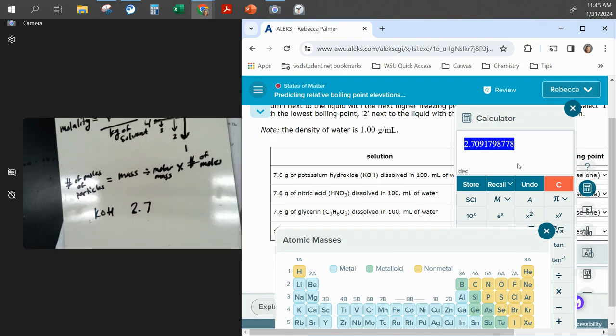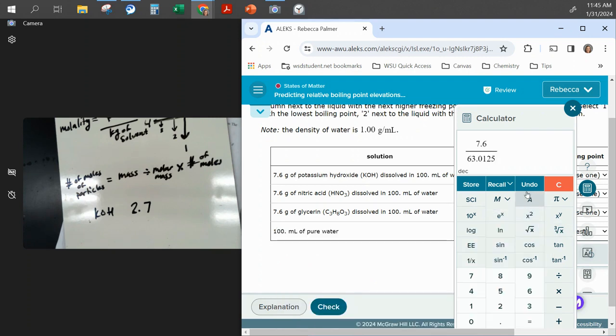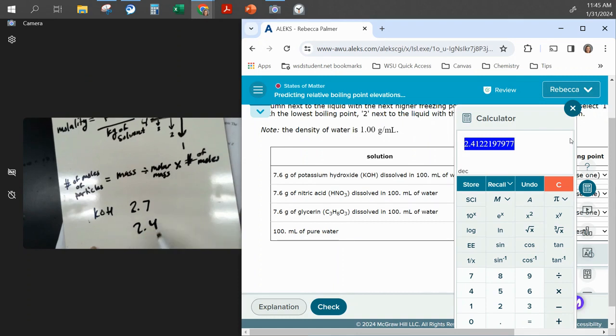Okay, the next one, I'm going to take my value, 7.6. Divide by the molar mass. They give us 2. They didn't give us the first one, so did I do that right? Yeah, okay. And then how many particles is this going to break into? Nitric acid. 2. The hydrogen and then the nitrate. Good. So multiply by 2. Okay, divide by 0.1. That's how many kilograms of solvent. All right. Okay, next one is 2.4. This is nitric acid. And then the last one is glycerin,